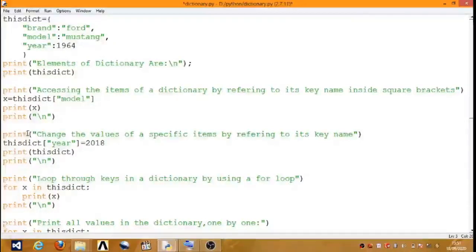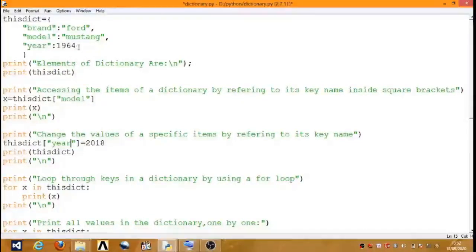Next, print in bracket double quote, change the value of a specific item by referring to its key name. We can change the value of any element of dictionary. So for that we have district in square bracket year is equal to 2080. So here year is our key name.